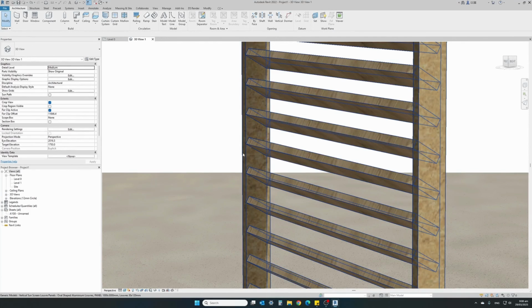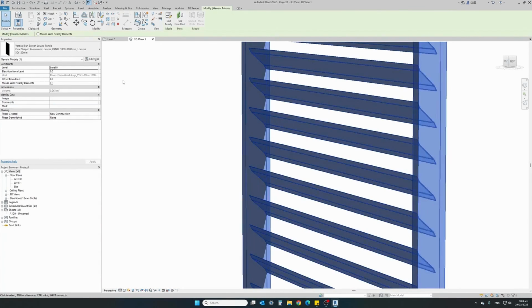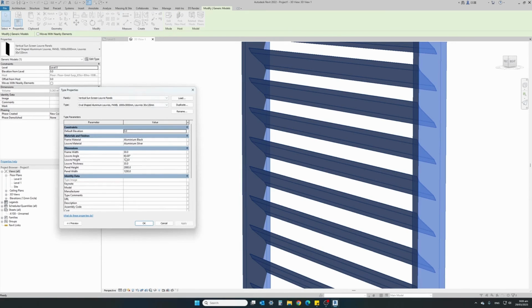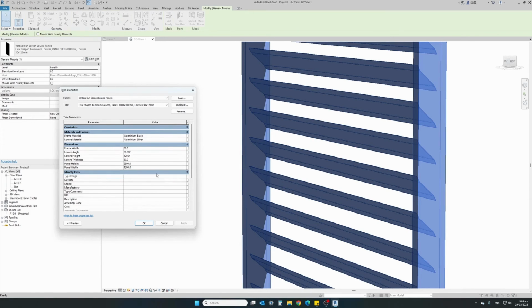Separates the frame from the louver. So let's go ahead and have a quick look as a recap of all the available parameters. You can select one of the three different shapes for the louver, control the height and width of the overall panel, the thickness of each of the louvers, the louver height, which also changes the depth of the panel, louver angle,